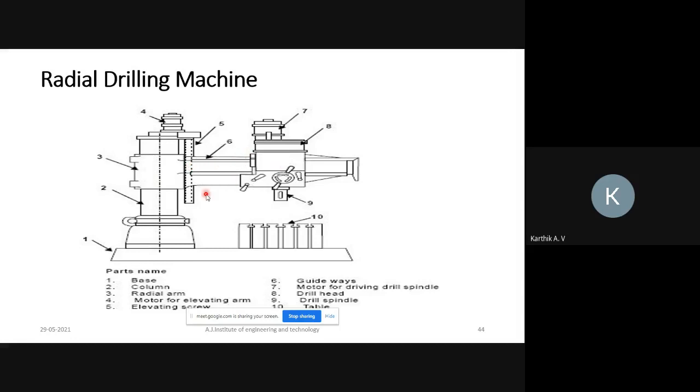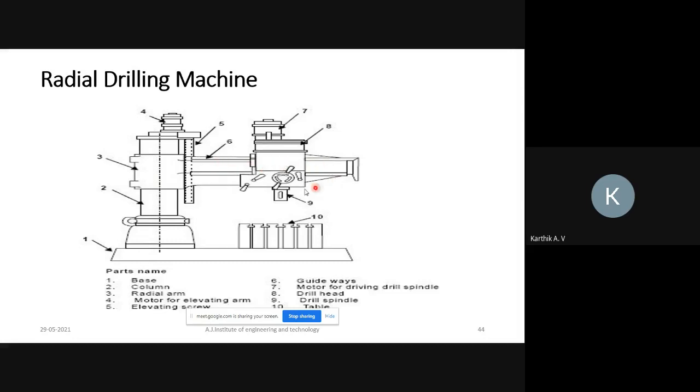This column also has guideways. With the help of these guideways you can move the spindle upward as well as downward. And also the spindle head will be moving in the horizontal direction.